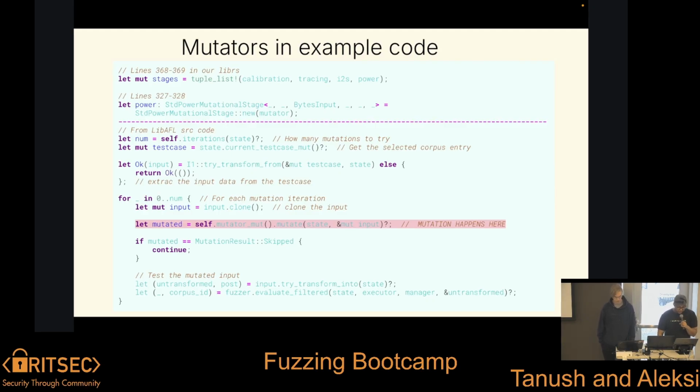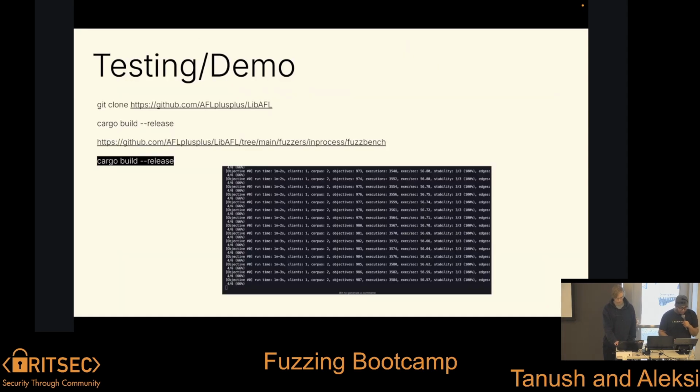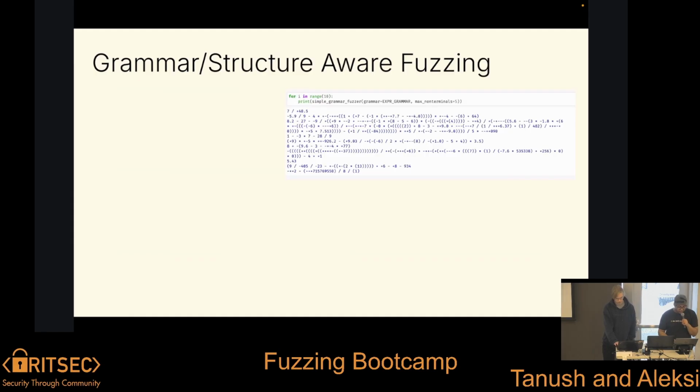Here we see where our mutation happens, and what this allows you to do is change the mutator at a very low level if you want. If you want to make the mutator as custom as possible, where you're only mutating certain tags, say you have a list of 100 tags, you can arbitrarily mutate on those, and you can redefine mutator selection in this section of the code. This is in lib.rs. We also had a demo for this, we're just not going to do that.